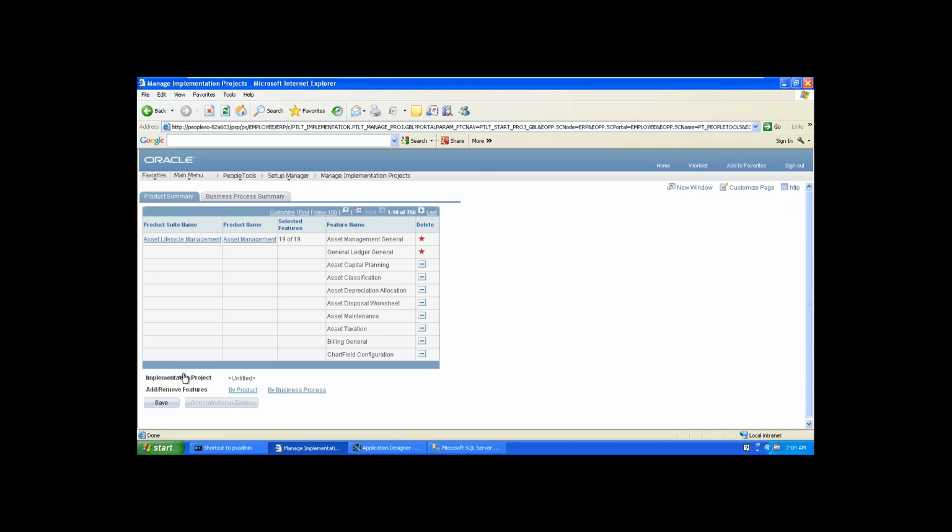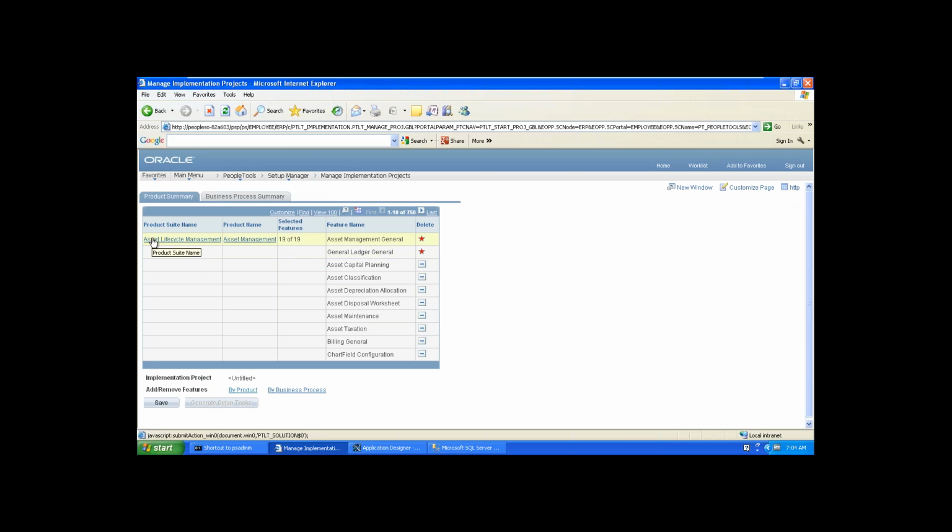Okay. So the system will provide you all the features for whatever modules you have selected, in a list. What you need to do here, you can keep the star mark because those are mandatory, and the rest you can see.